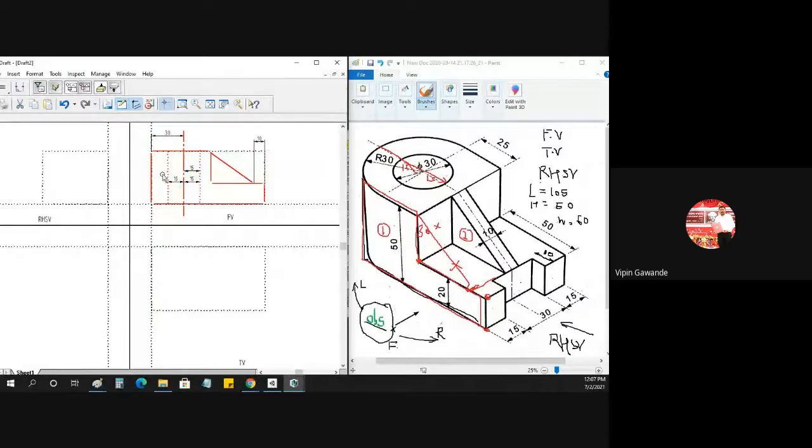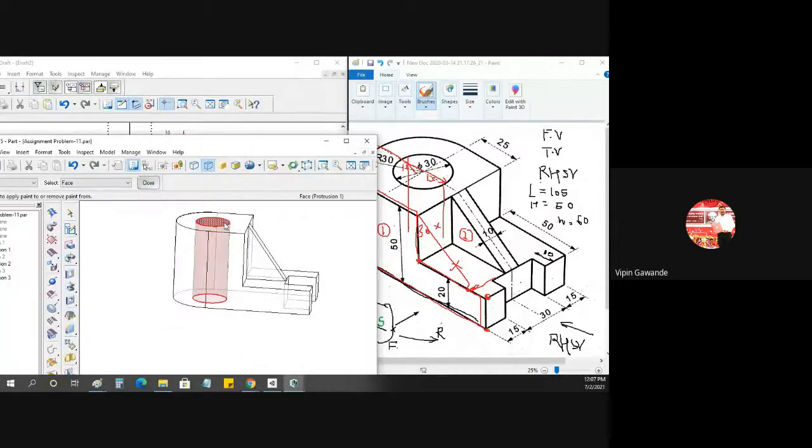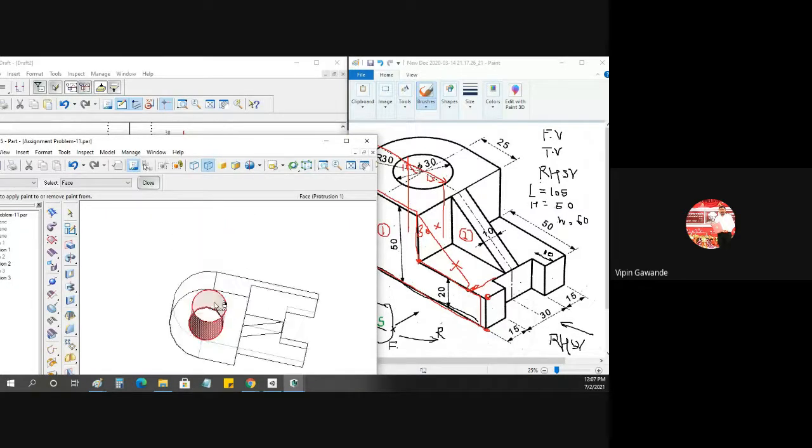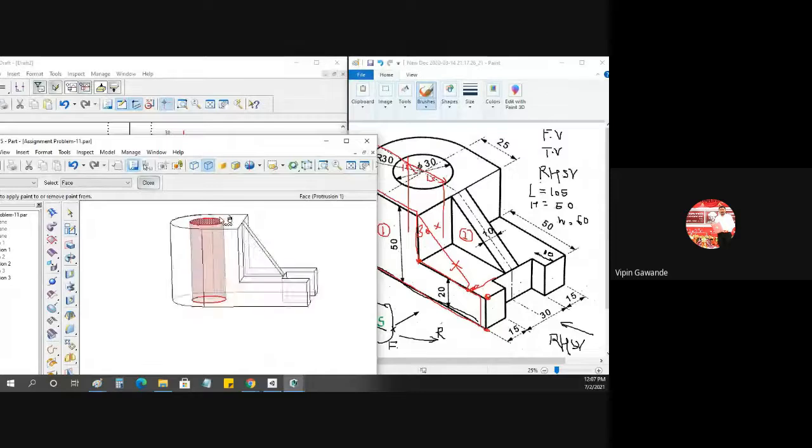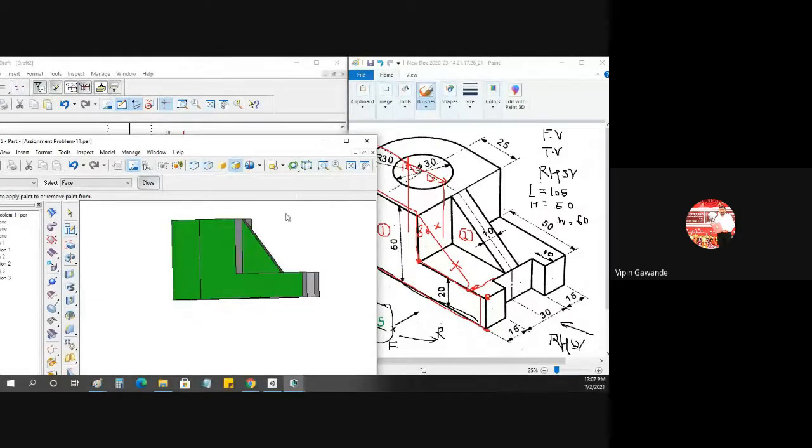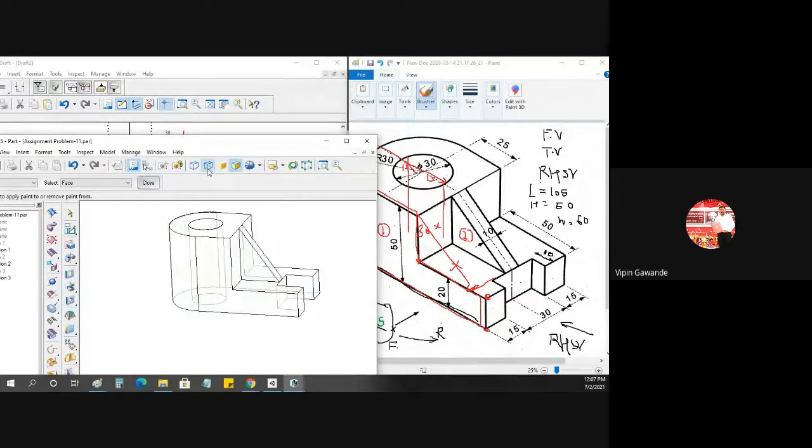Okay, so if you see, I have drawn the dotted lines here. Those two vertical dotted lines are for this circular cutout. Here is a vertical line, and here is a vertical line. These two dotted lines are for the circle. This circular cutout is not visible to us; I have told you in the last lecture. This circular cutout is visible in the top view, but in the front view it is not visible to me. That's why for this circular cutout, I have to draw the dotted lines.